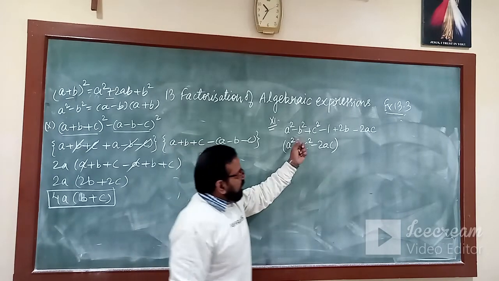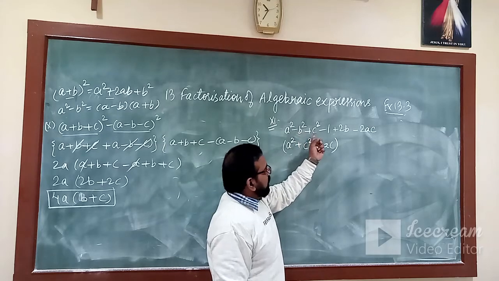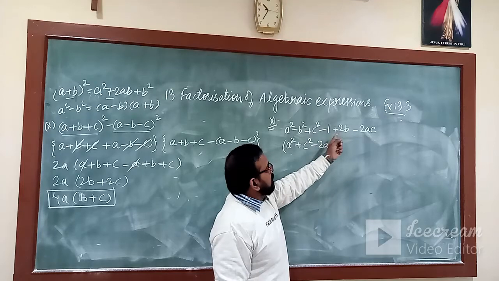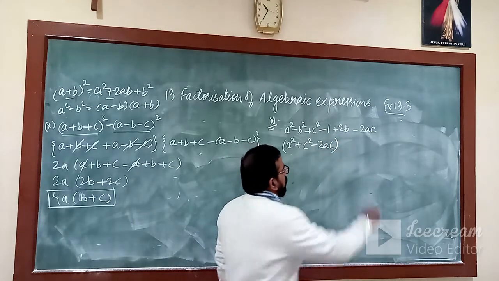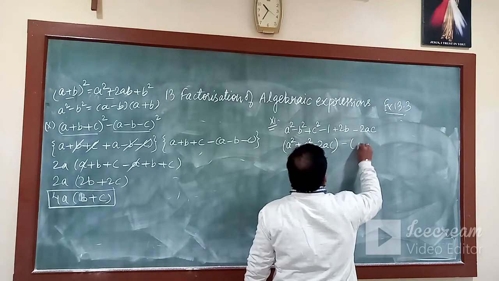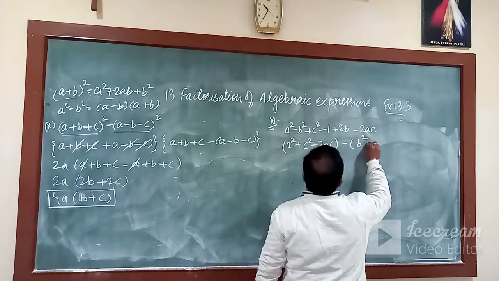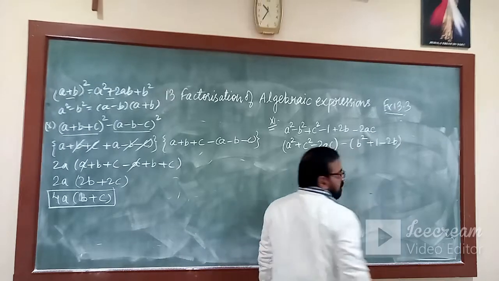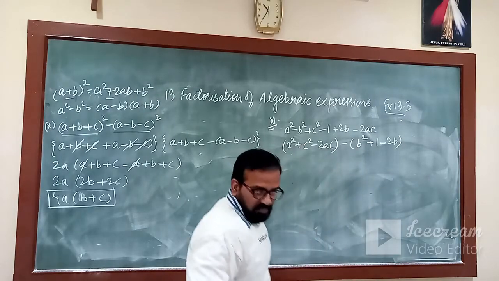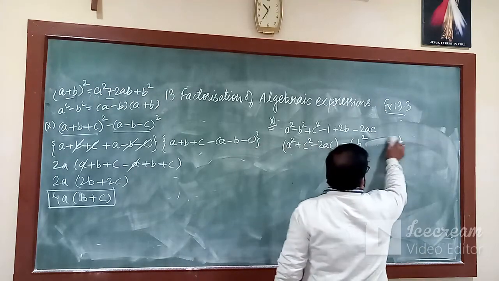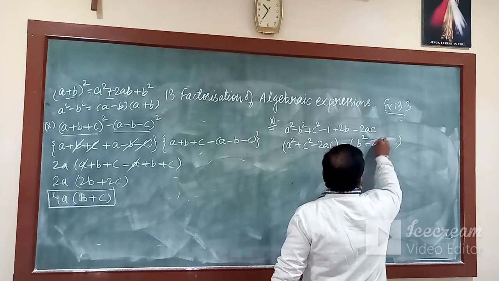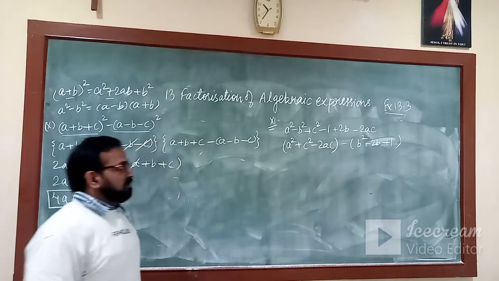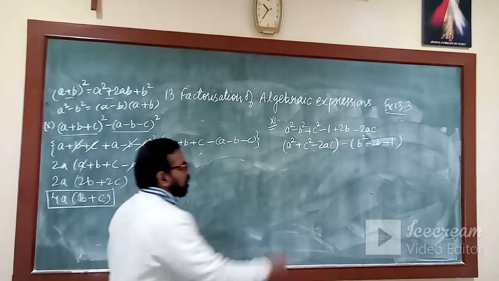Now the remaining terms: minus b square plus 2, minus b square minus 1 plus 2b. So what I am going to do, I will take minus as common, so I am left with b square plus 1 minus 2b. Or if I take the middle terms here in the middle, so finally, after shuffling the terms, this expression is there with me.